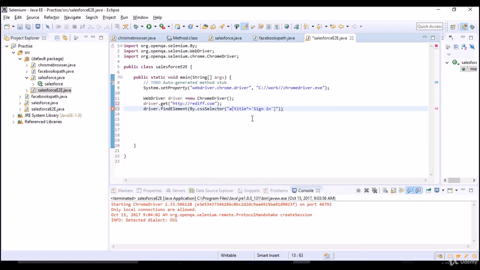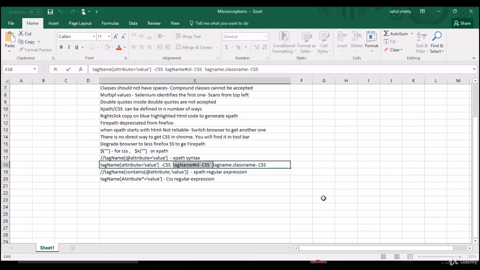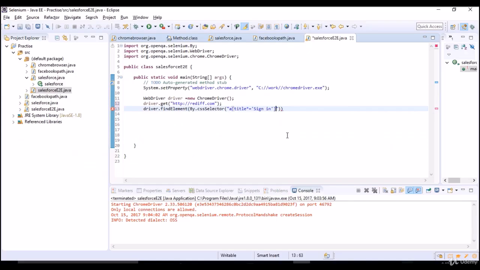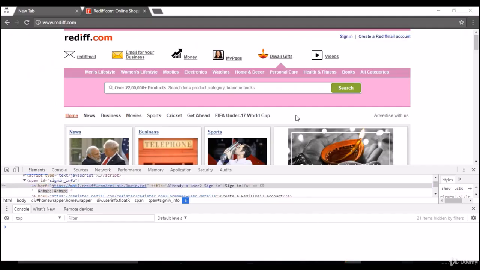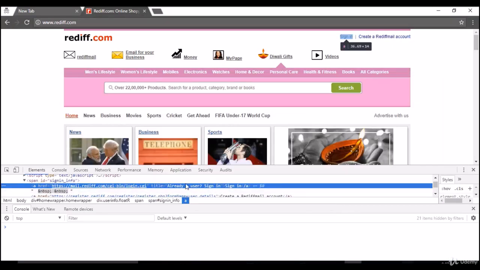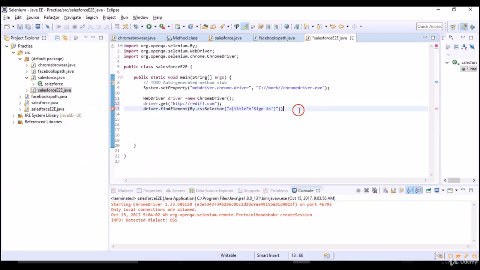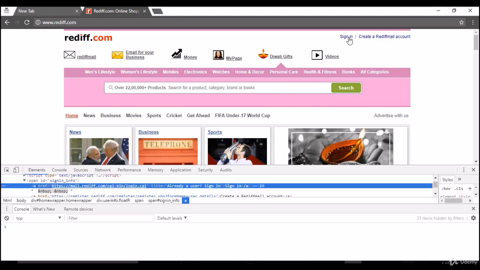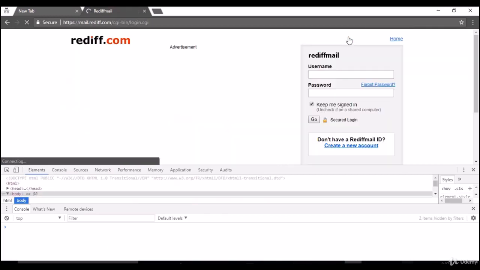By putting the regular expression, by just providing sign in, it will go to the code and check the title attribute for the value sign in inside it. As sign in is present in this whole text, it identifies it uniquely and clicks on it. Dot click. Okay, so once we click on that, we should navigate to the next page.